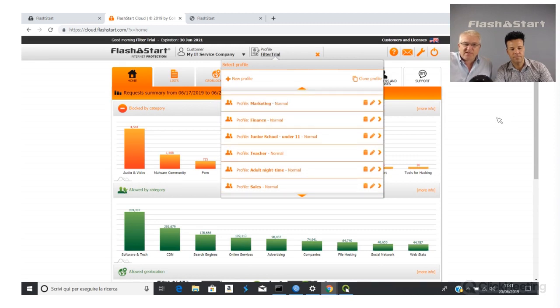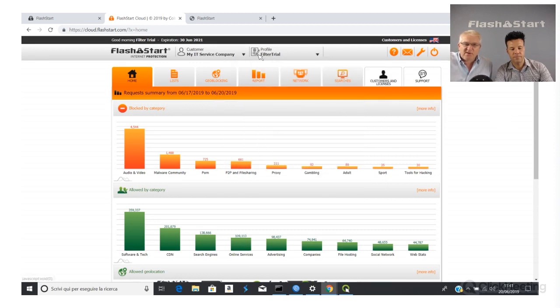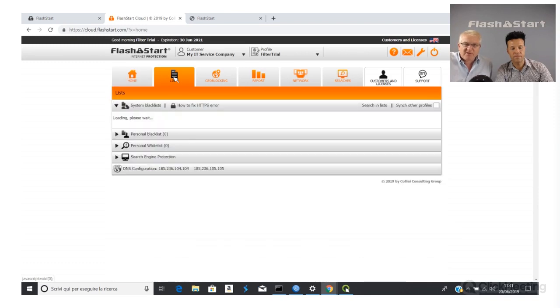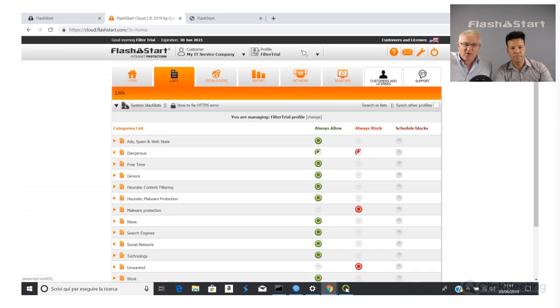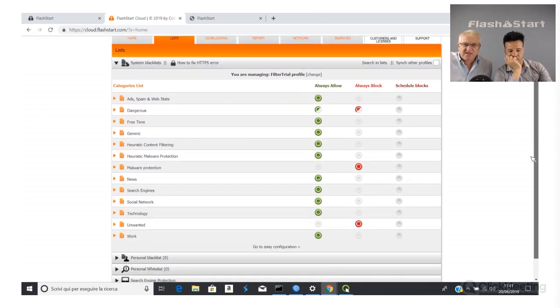For each of these profiles, it's very easy to set them up. So we've got a filter trial profile here, okay? When I click onto lists, I'm going to see what is set up for blocking in this profile here, okay? And you can see that it is very intuitive.